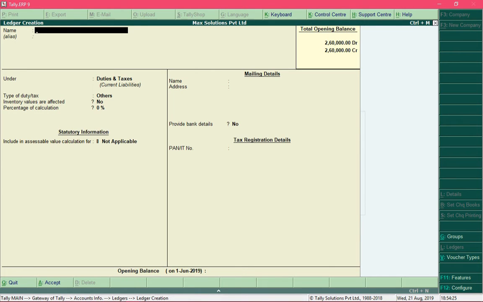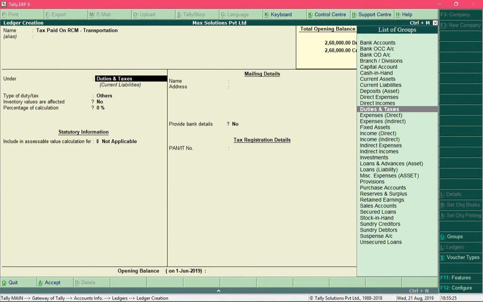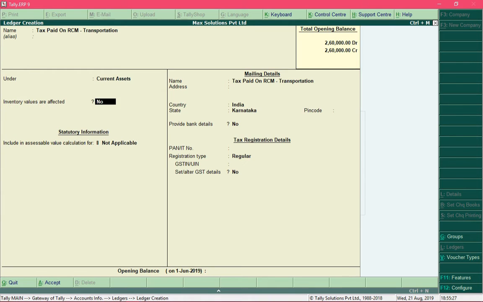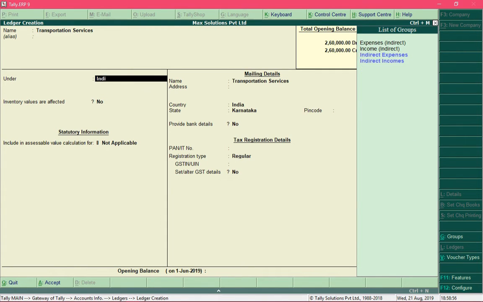Now I will create a ledger which will be used to record input tax receivable amounts, and let me name it as follows. It will be grouped under current assets, and save the ledger. Now let's create a ledger to record transport expense, and I will name it as transportation services, grouped under indirect expenses,